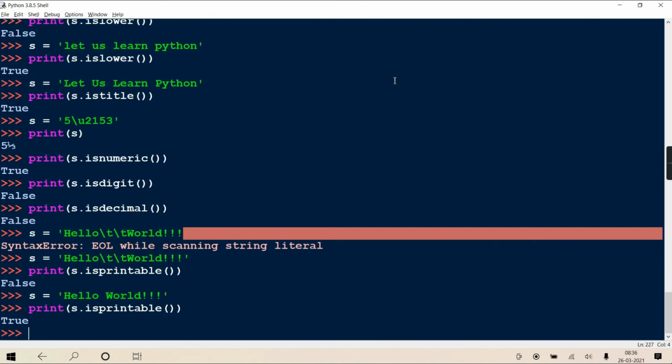Right? So now here everything is printable. You're getting, no? So tabs, new lines, carriage return, if all such things come, it will give false.